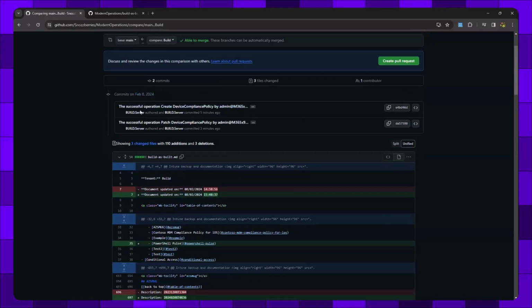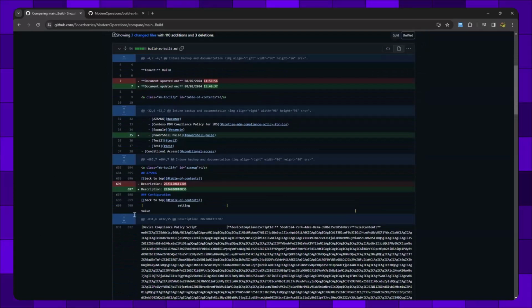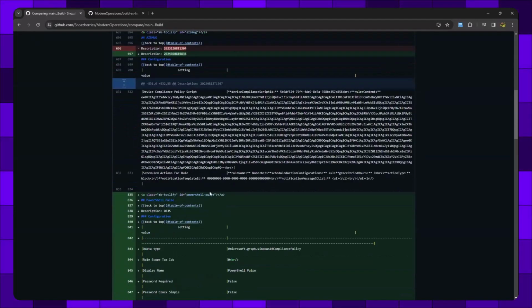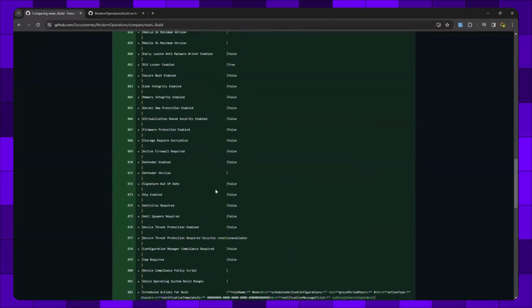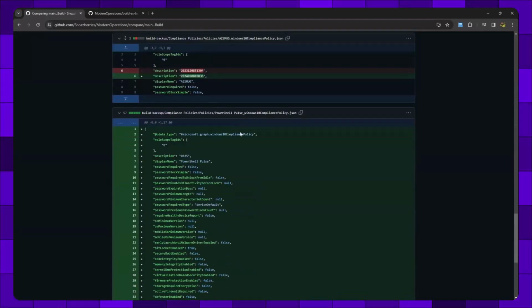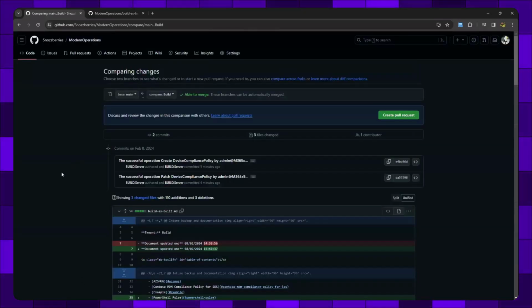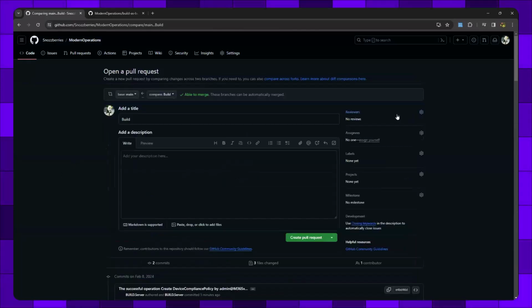And so basically in the background, InTune CD pulled all our configuration backups. We now have this exact breakdown of everything that changed in the environment. So we can see we added something new. It ends up being we added that new compliance policy. We can see that the description changed on one of our descriptions there. And then also it's adding in all of the settings. So we can see BitLocker enabled is true. And all of this documentation was generated just by the fact that we actually did our job in our build tenant. And so if we do a pull request now,